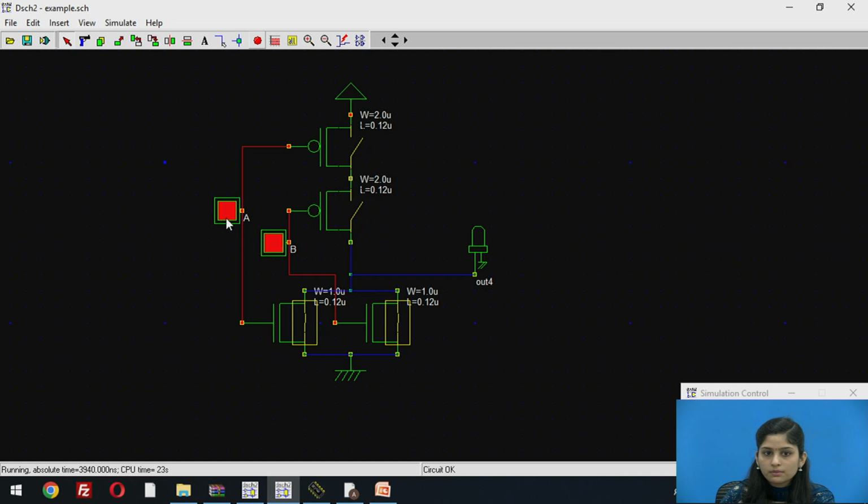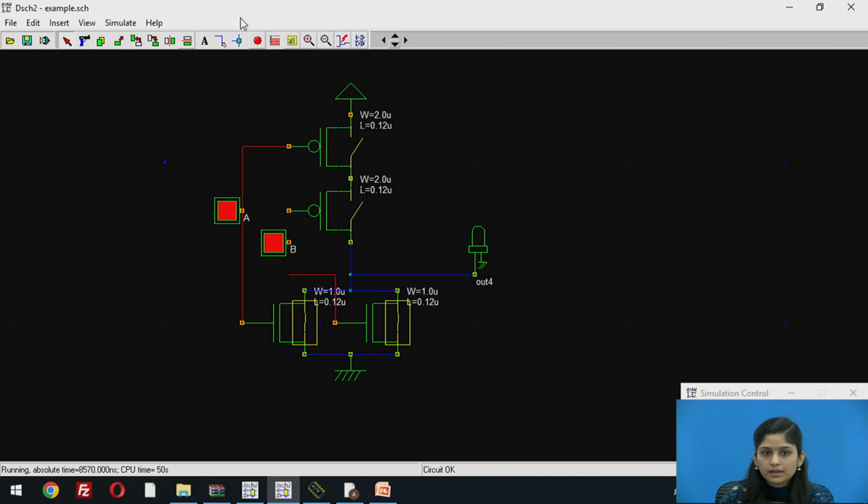When both the inputs are high, the output is 0. And if both input A and input B are 0, that means both inputs are logic level low, at that time our output is high, that means logic level 1. This is the implementation of our A plus B whole bar function.